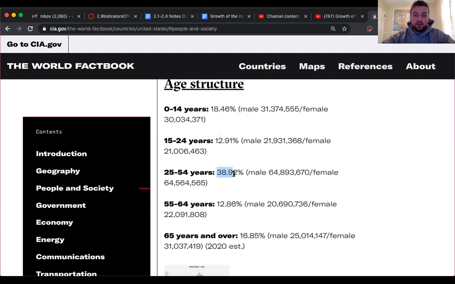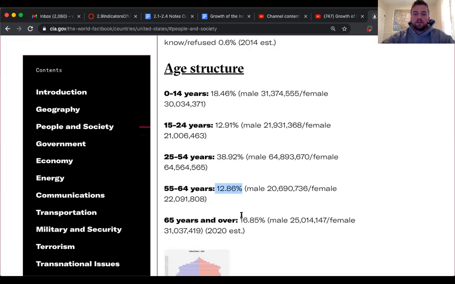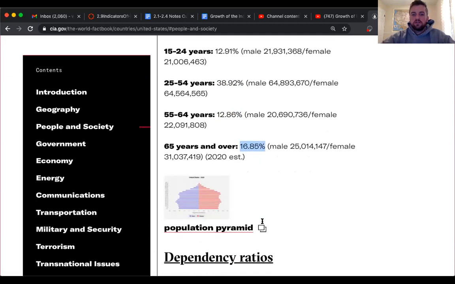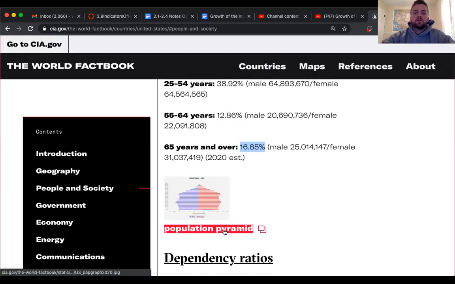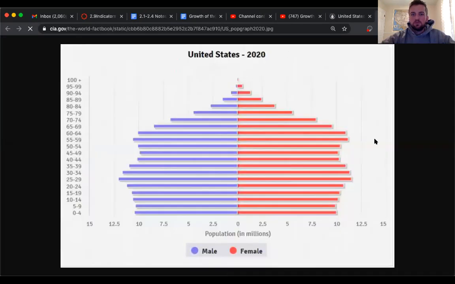A majority of the population is 25 to 54, which again looks good. 12% is aging out, and then 16% is 65 and older. And then we can look at a population pyramid, and these are really fun to look at,